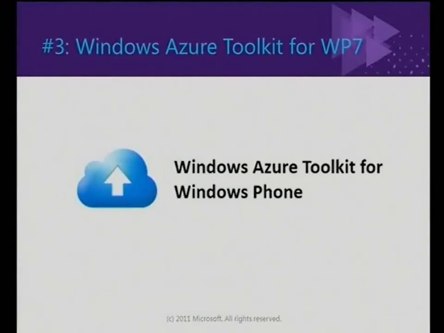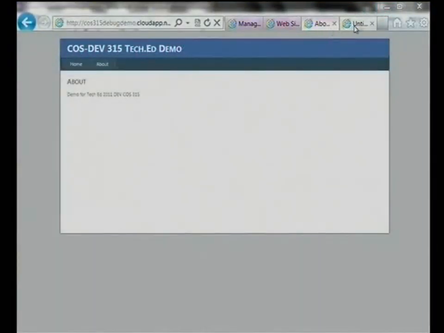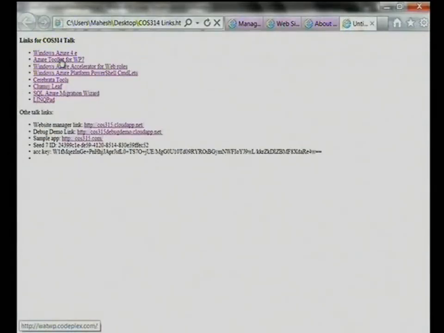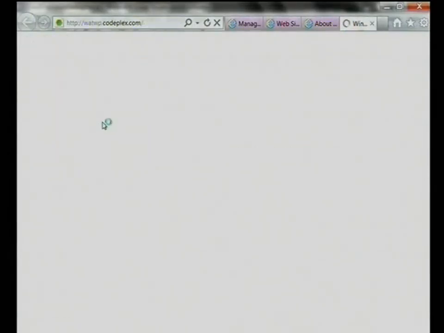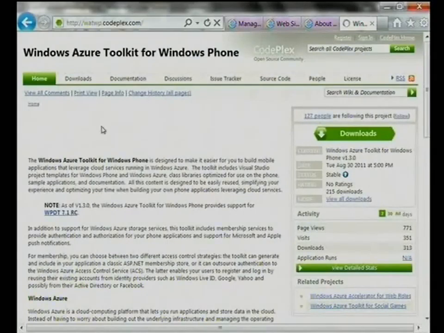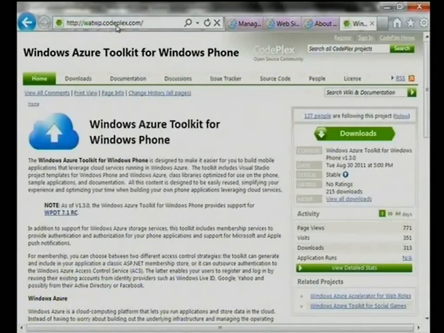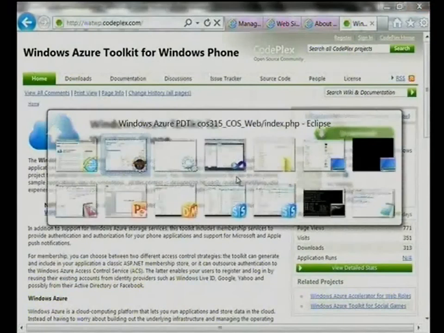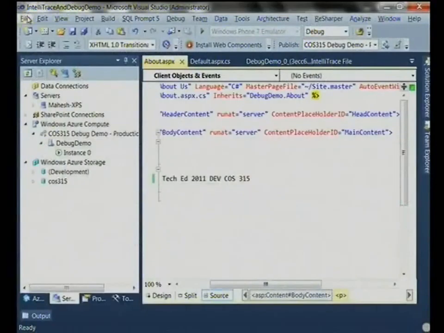But I'll switch over again to my machine. That is a Codeplex project where you can download it from, watwp.codeplex.com.